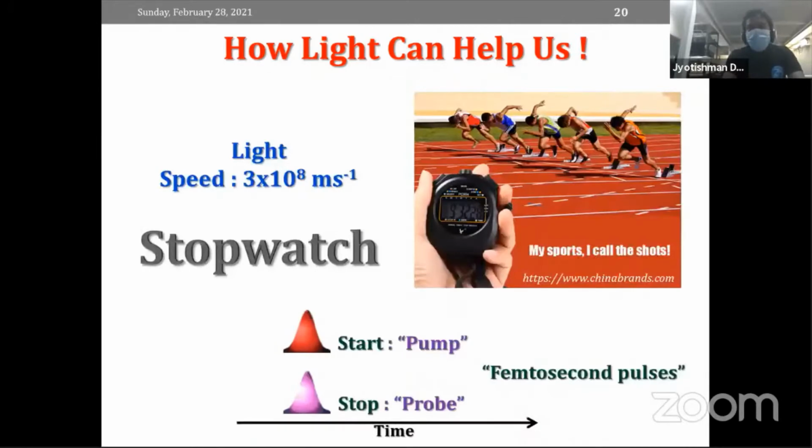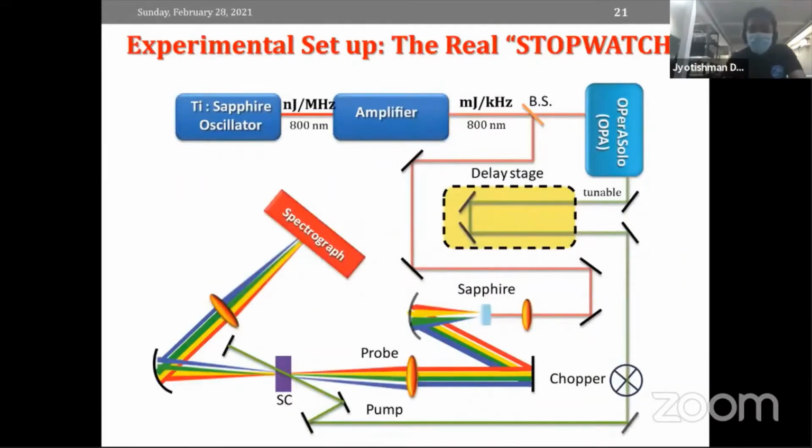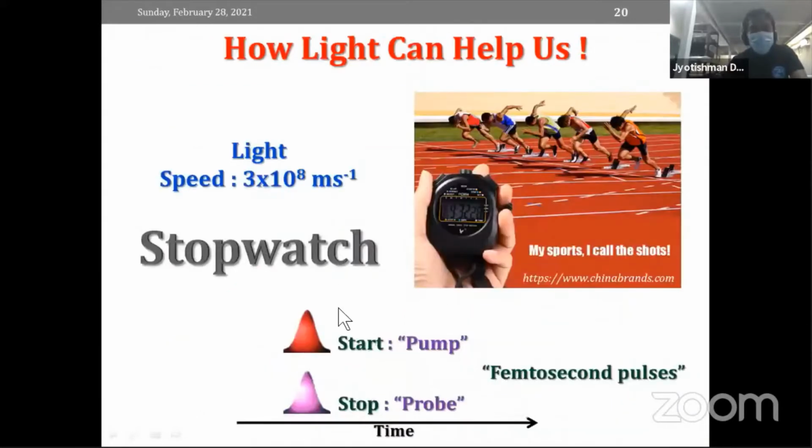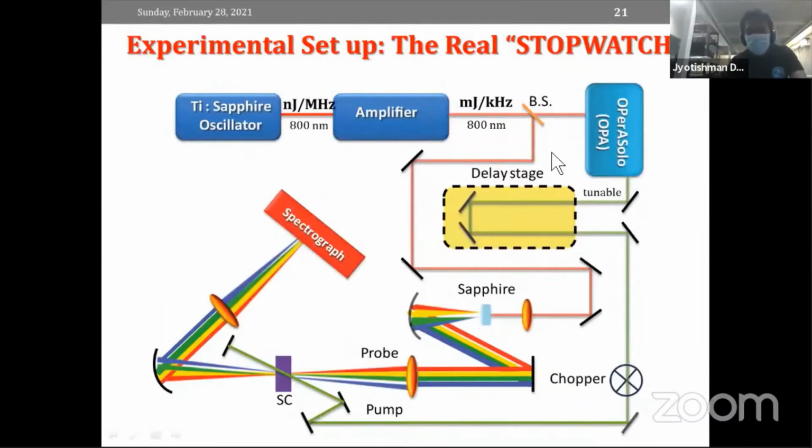So this laser light essentially enables us to create a stopwatch which can operate within a femtosecond region. What I am going to show you today, on the table, I will have a light source which I will call the laser, which I will divide into two parts. As I told you, I need a start, my gunfire, and I need the stopwatch. So using this fundamental light source, I am going to divide it into two parts. One will be the gunfire, the start, and second will be my stopwatch. So let us have a look at how we can do this in the real world.